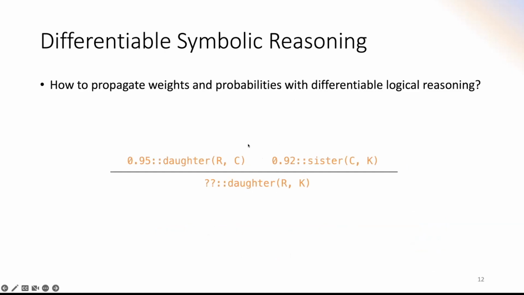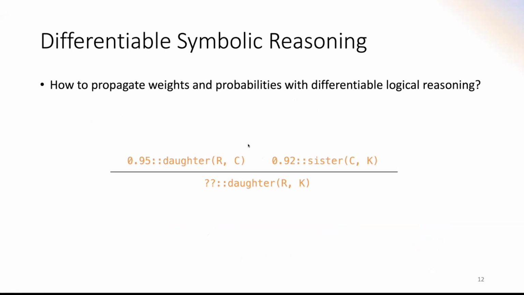Now, in order for this to be integrated with neural networks, we would need the facts to be associated with probabilities. But then how do we actually propagate those weights and probabilities, so that the result also contains differentiable probabilities,